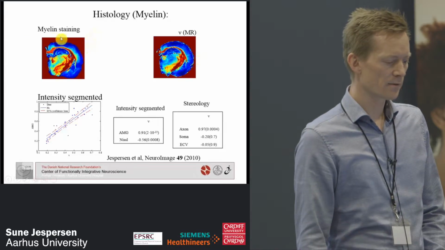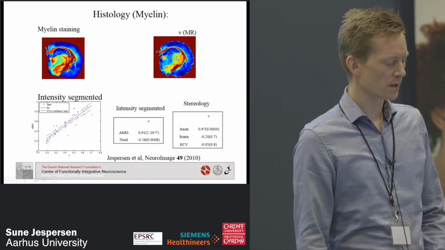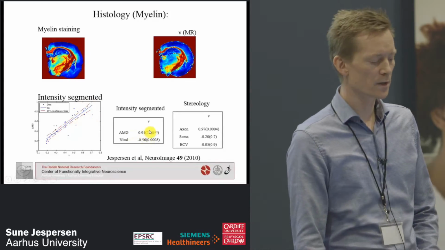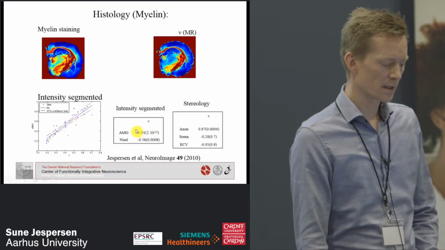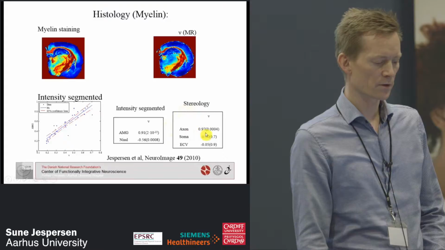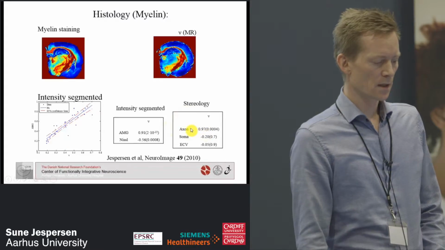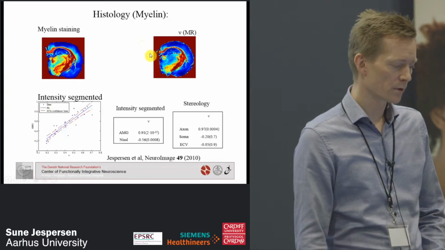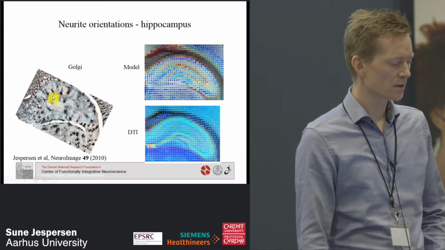It shows both qualitatively with the neurite density, it fits pretty well. We did some correlation analysis and also got a pretty good agreement with the myelin stain. We did electron microscopy stereology and also found a good agreement with the axon density. The dendrite agreement was not as good, but if we look at the orientations of dendrites, for example,